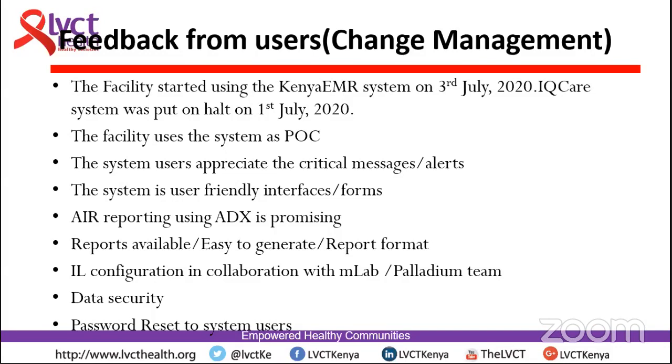So the facility, even before migration, were using IQK as a point of care. And even currently they're using Kenya EMR as a point of care. When they were using the Kenya EMR as a point of care, they were able to learn how the system applies the guidelines on the modules. When you are doing the prep modules, you are able to see that you need to meet certain requirements, and this even applies to testing. So they are able to see how the guideline is being applied using the EMR,